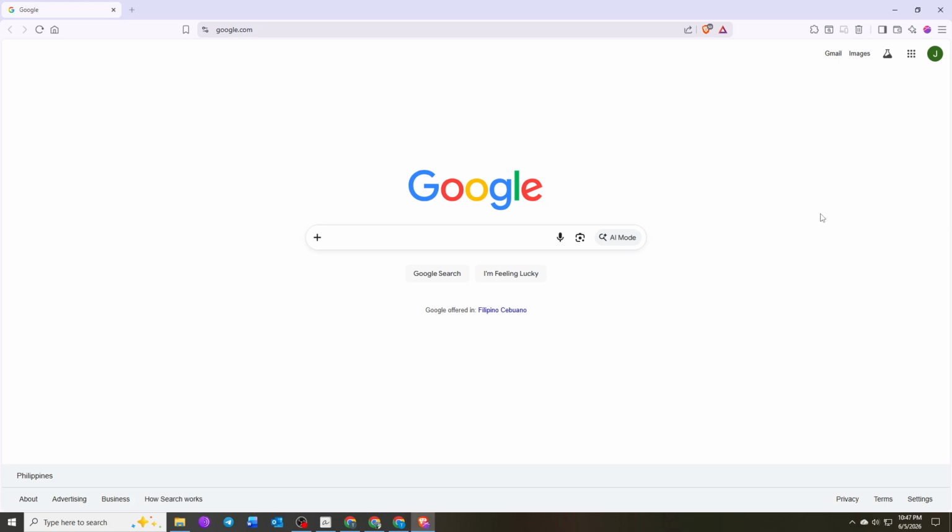In today's video, I'm going to teach you how to open Incognito window on Brave browser. If you're looking for a quick way to browse the web without saving your browsing activity on your device, then this tutorial is for you. In this guide, I'll show you how to open an Incognito window, also known as a private window, in Brave